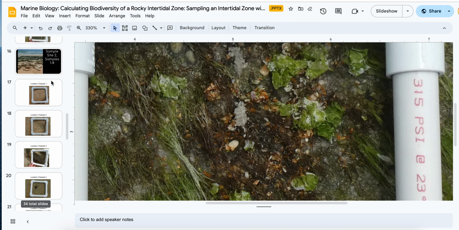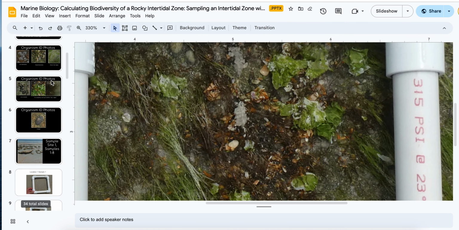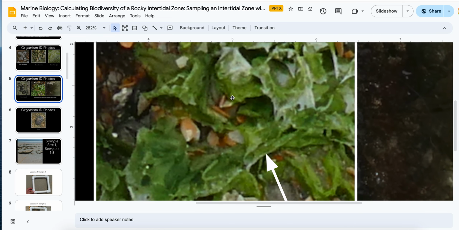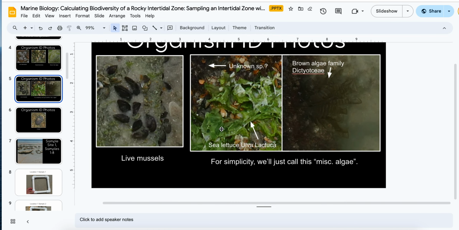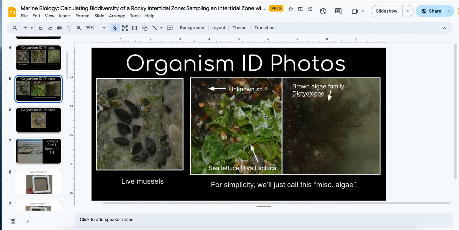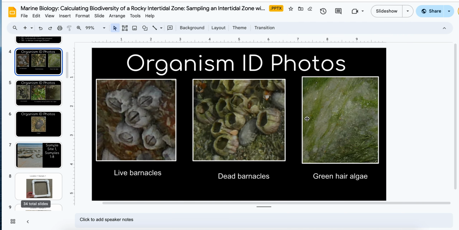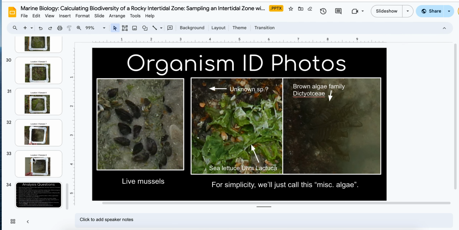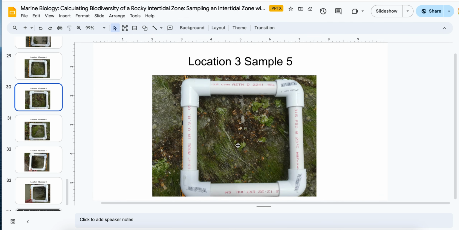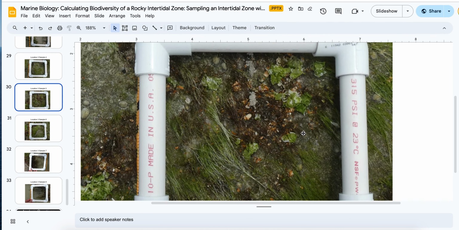Okay, I'm going to go back to my species ID, and way zoomed in on here was the sea lettuce. Okay, so sea lettuce is this, and it looks very different than the straight green hair algae. So one looks like hair, and the other one kind of does look like sea lettuce. Okay, so when you go and count up this space, make sure you do,